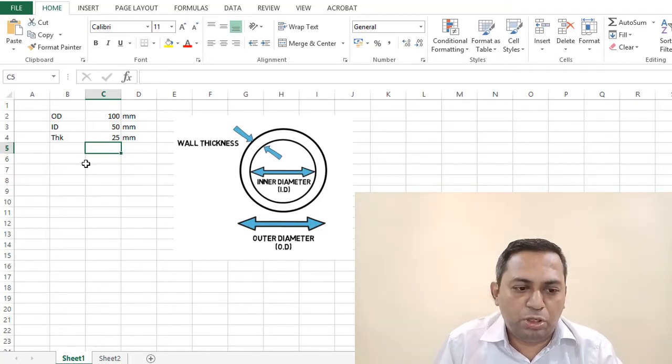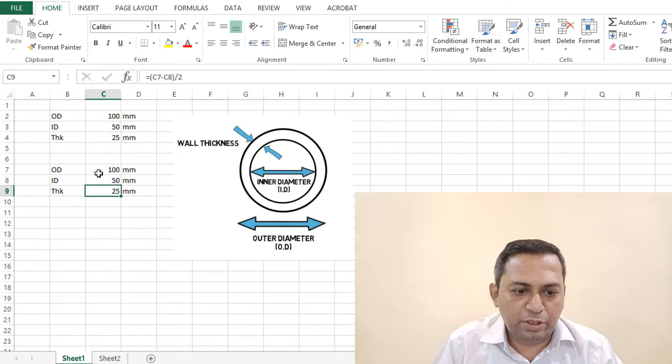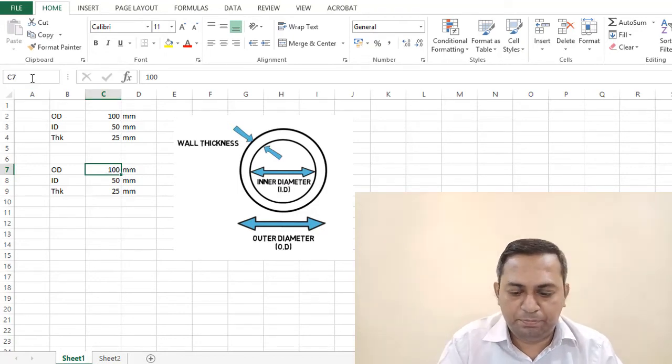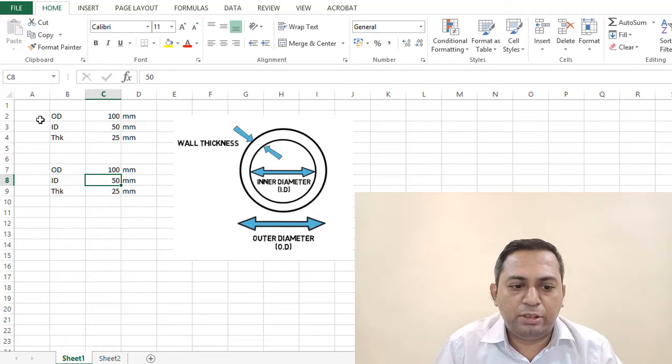Okay, so what I will do is, let me copy this again. I will name this cell, the input cell, as OD. After you put the name, you just press enter. Then here, this is ID.